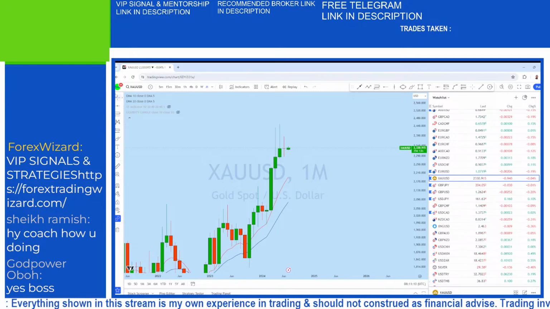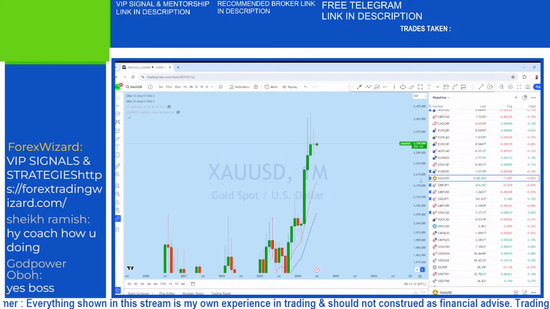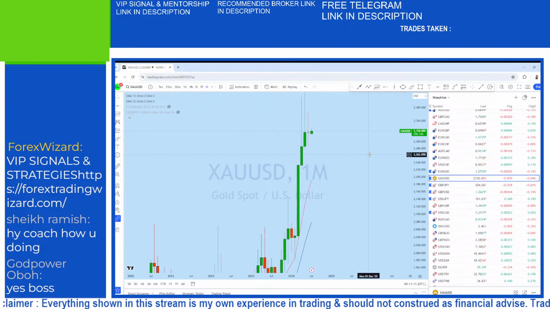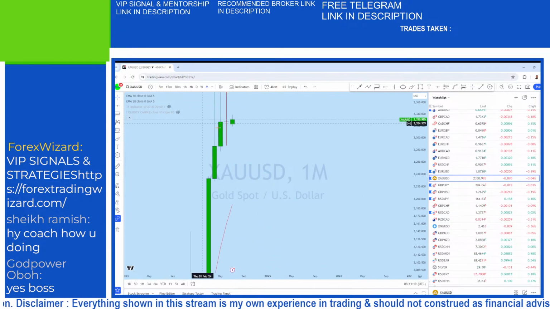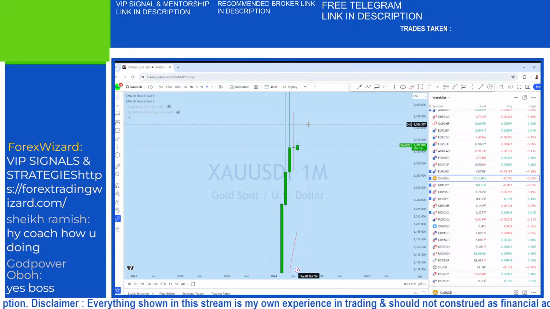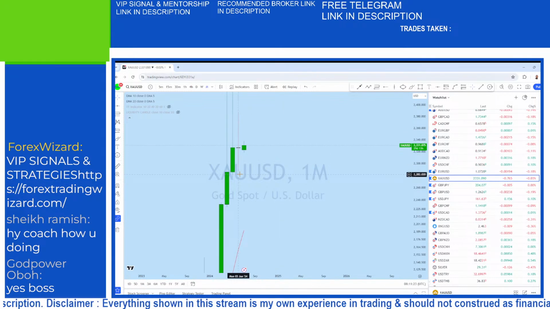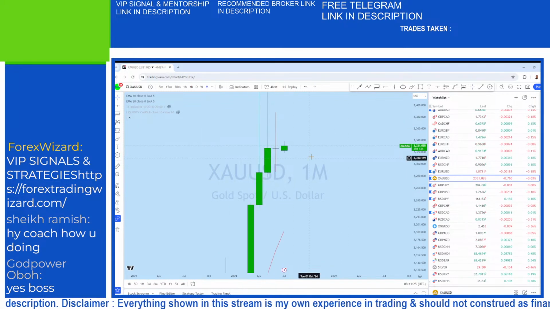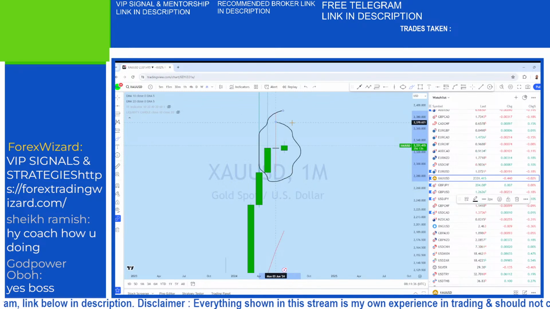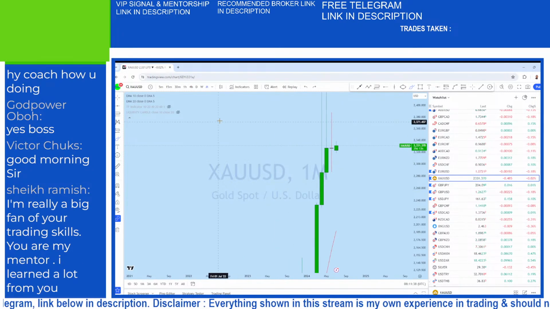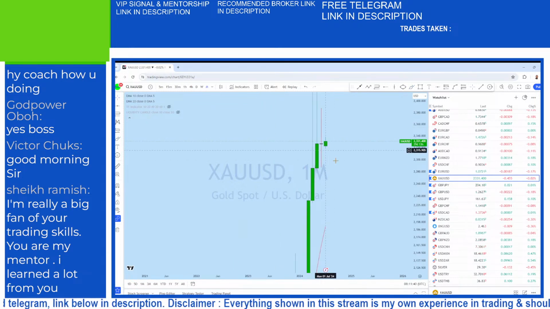Okay, let's begin with the gold chart. First of all, let's see where the market is heading on gold. Looking at gold, this is a doji. On the monthly chart, we can see there's a monthly doji formation. So, a pretty important monthly doji. There's a long wick at the top, almost equal wick on both sides. So this is a pretty balanced doji. And I think that this doji on the monthly